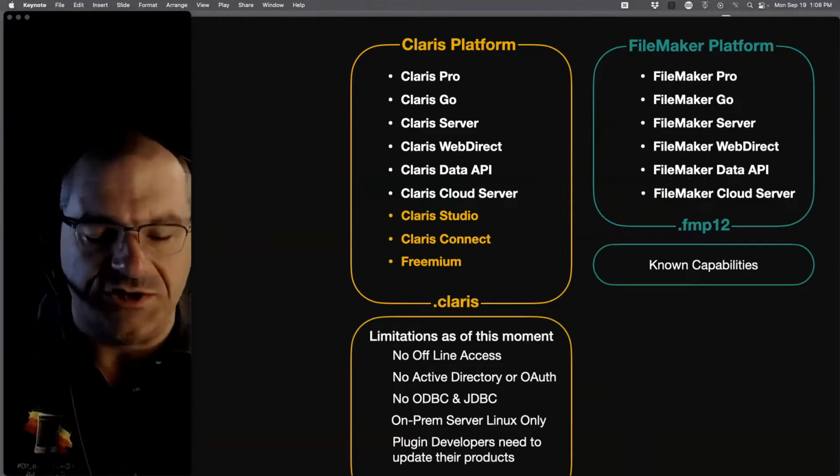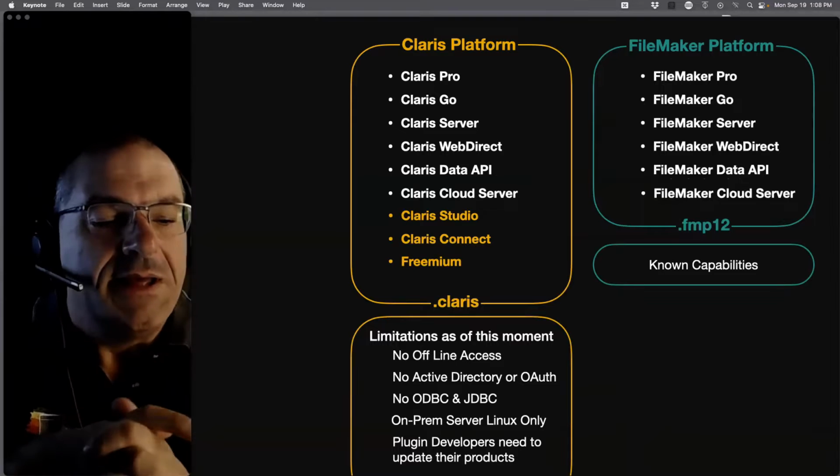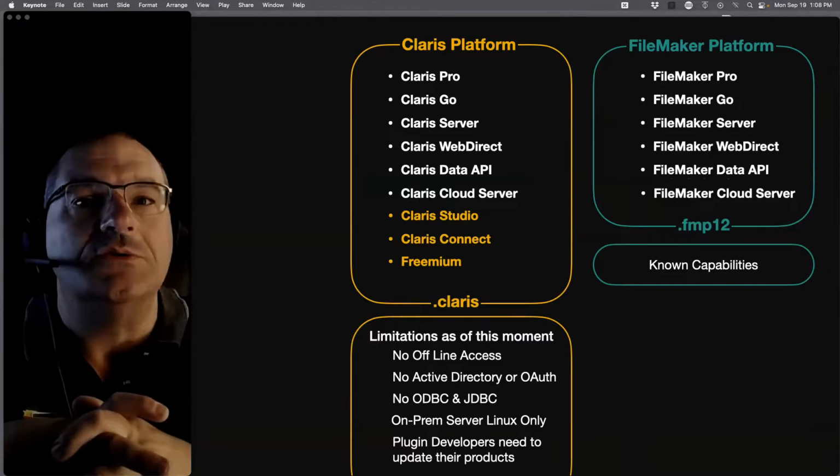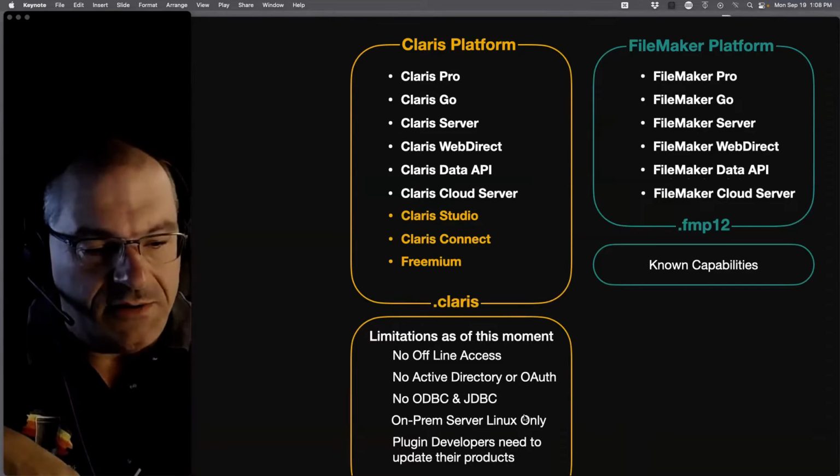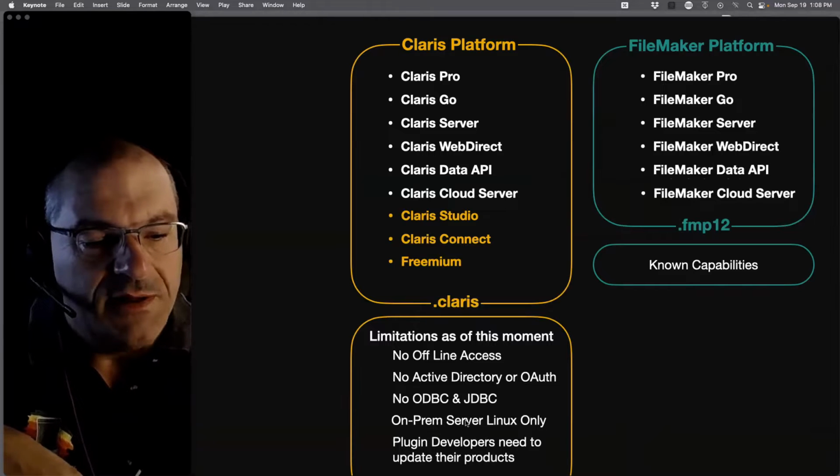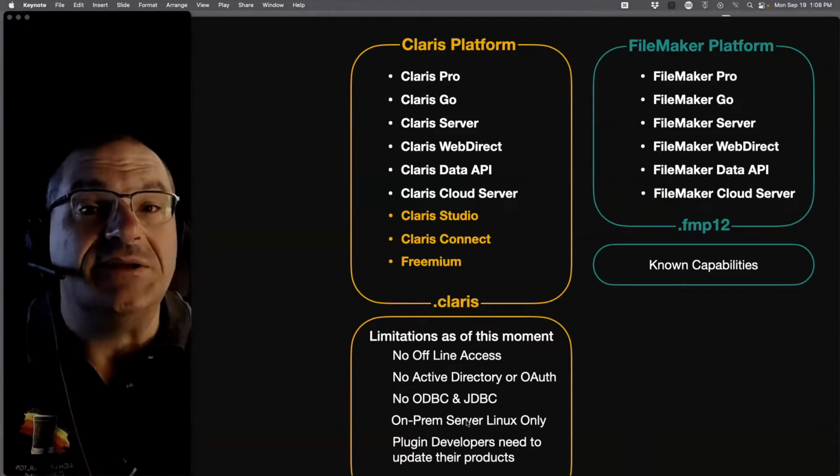And most of the limitations I think are on the to-do list to be fixed, minus the Linux only support item down here at the bottom. So this Linux only support item, this limitation for the time being is going to be kept. So